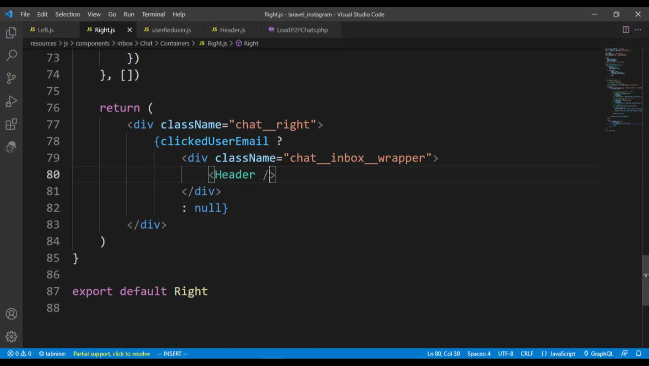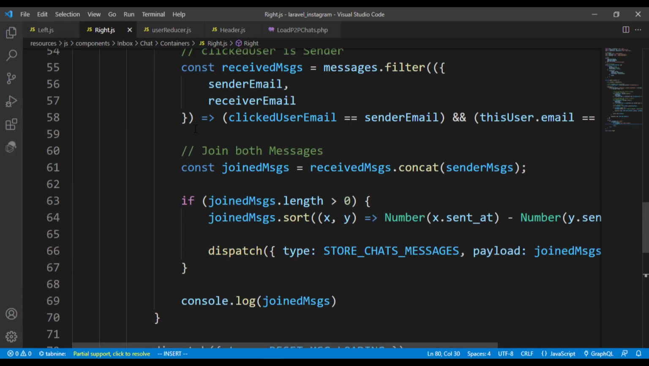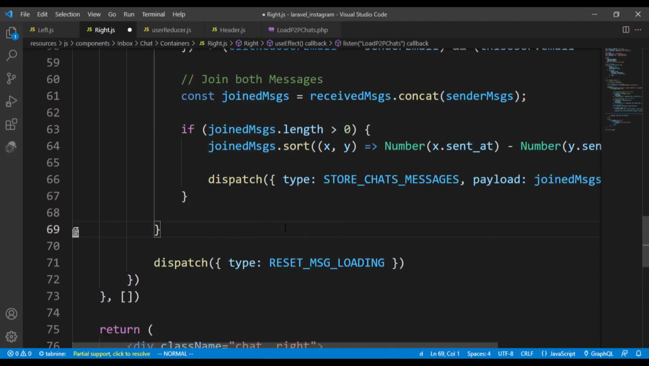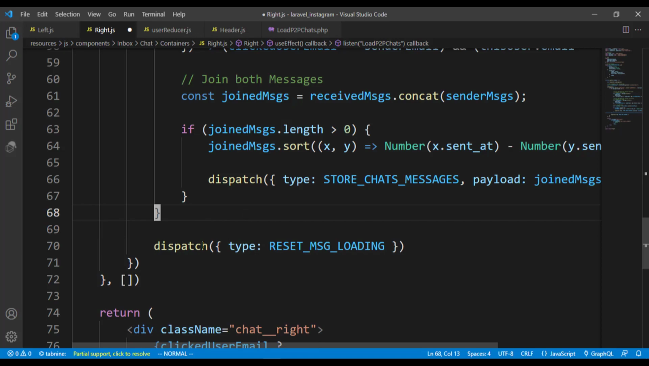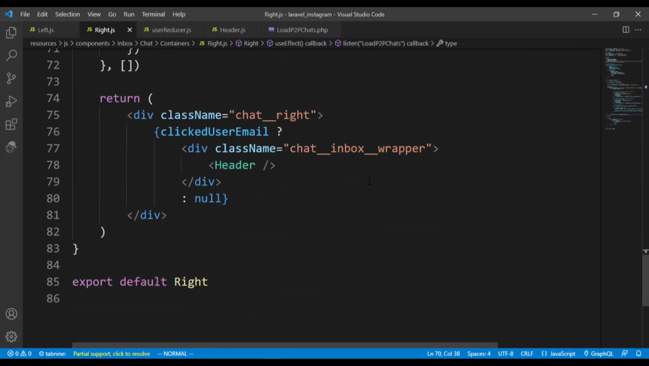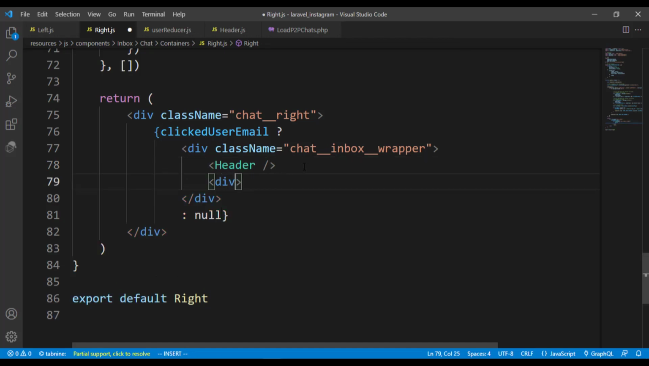And once the message is gotten from our event, we auto reset that message loading. So right here we did reset that, so you can see it's working perfectly. So whenever we receive messages, it's going to reset that message loading, making it safe that we can actually use that and perform some operations. So that's gonna be with a class name of chat inbox,